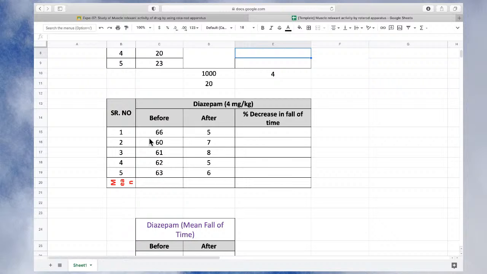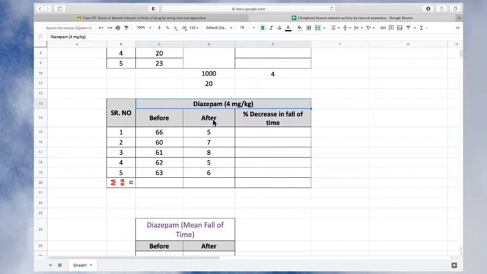Now next, here I have given the readings for the fall off time. These are the readings for the fall off time before and after administration of diazepam. Before administration of diazepam, the fall off time of animal 1 is 66, animal 2 is 60, animal 3 is 61, animal 4 is 62, and animal 5 is 63. Whereas when you give diazepam to the same animals and measure the fall off time after 30 minutes, because diazepam takes at least 30 minutes to show muscle relaxation activity,